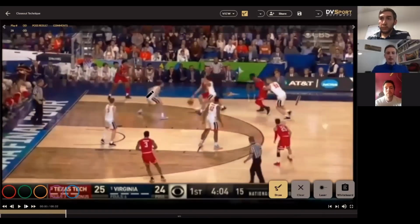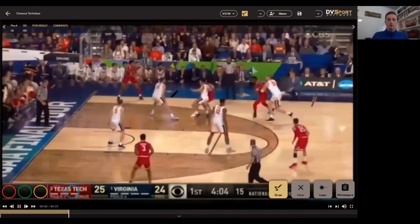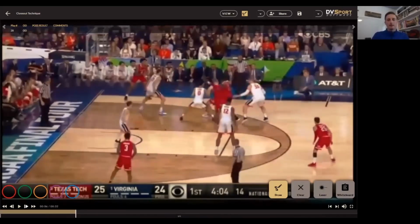You can see Ty Jerome, I believe, right here. This player's driving into his gap. He's there to help prevent that. The player stops his movement. It looks like he's going to pass it, so he's already anticipating stealing second base, trying to get out to his man. Now, you'll notice he didn't pass it, but you can still see the concept ingrained in their players